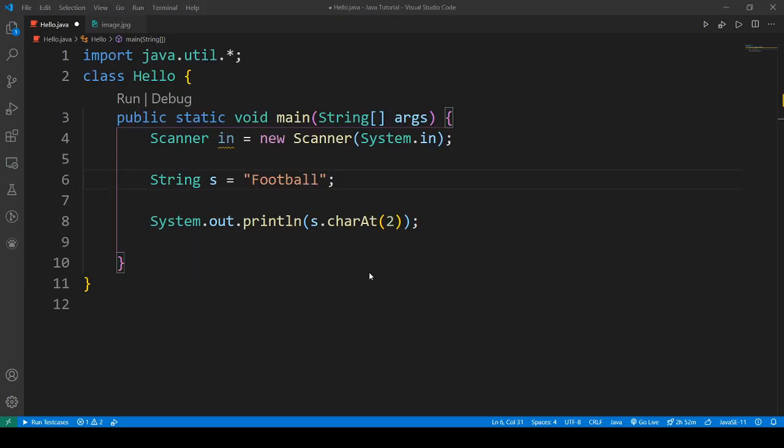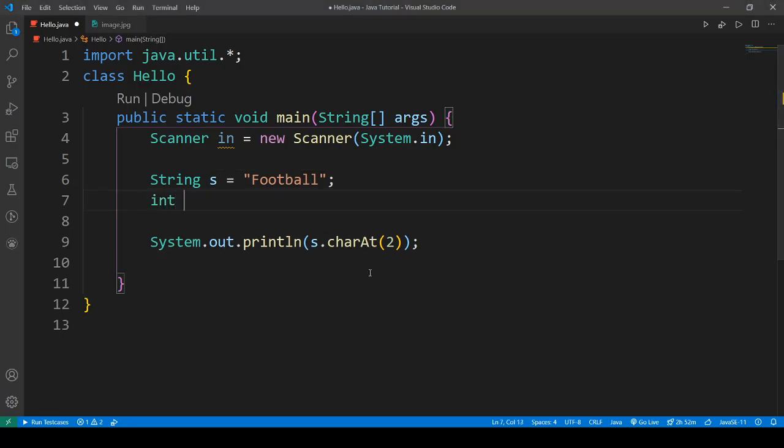So just like in array, we can access any character in a string using an index. As I earlier told you, we can concat a string with a string. We can also concat a string with a character, and we can also concat a string with an integer.